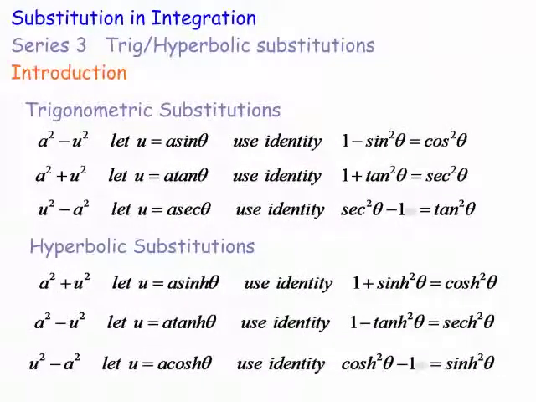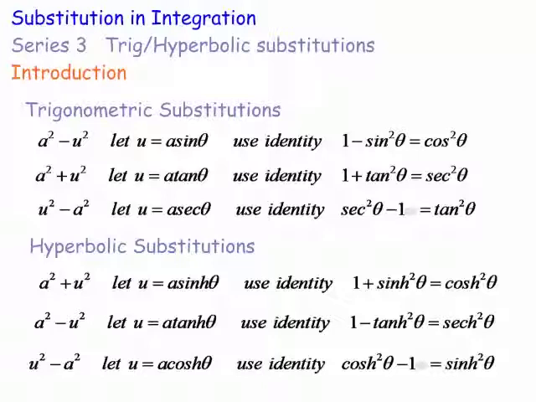This is actually series 3 in the substitutions and integration series, and you can see here we've got some trigonometric and hyperbolic substitutions. So basically in the integrand you're looking for a squared minus u squared, or a squared plus u squared, or u squared minus a squared, and you can use these substitutions. Obviously you need to change the bounds if it was a definite